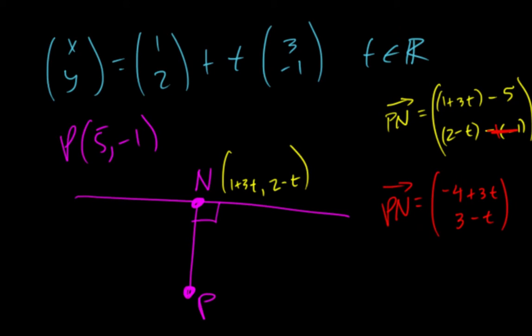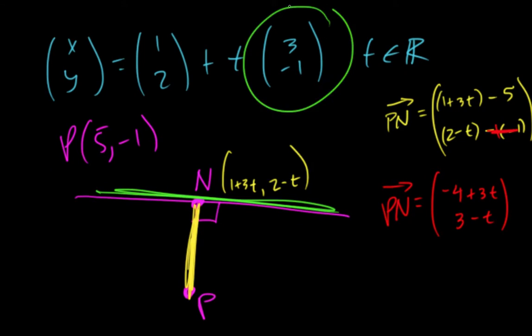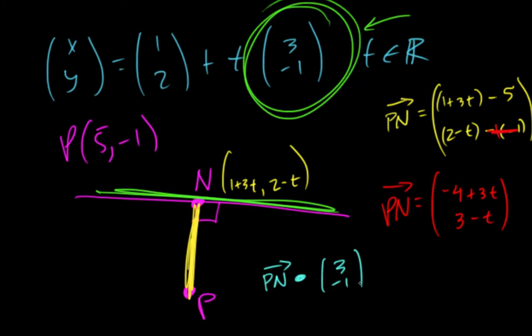And we know, so once again, that's this. And if we want it to be perpendicular, we need to do the dot product with the velocity vector, or the direction vector. So we're going to do PN dot (3, -1), and we know that's going to equal 0. So if we plug in PN,